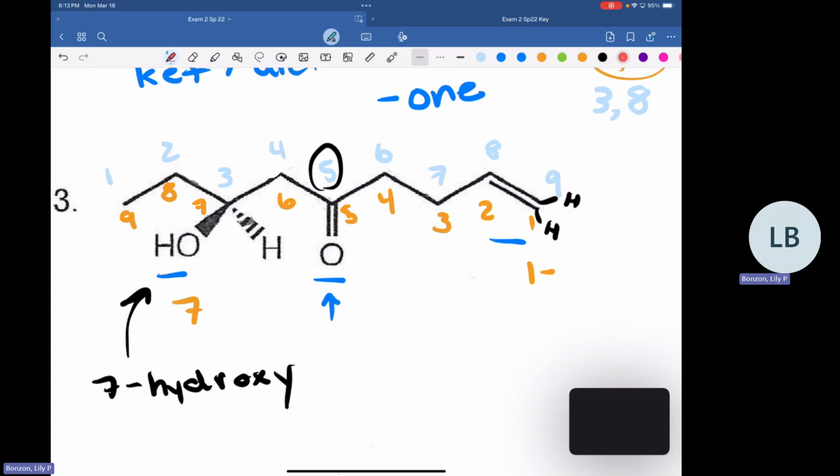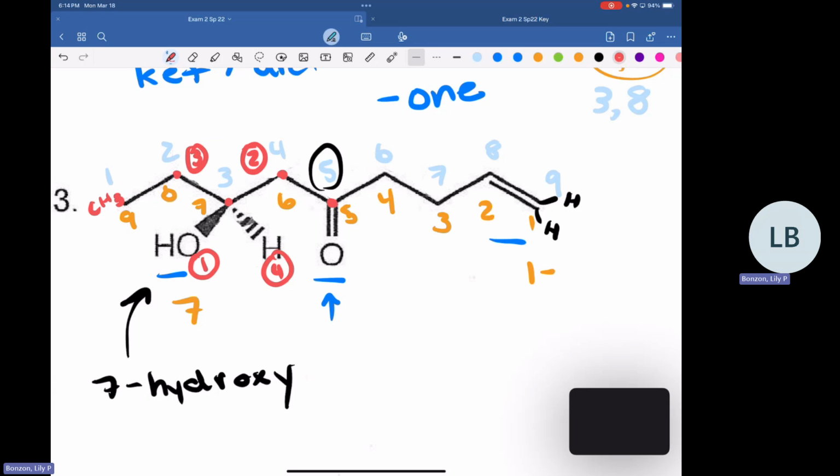And so with our wedges and dashes, since this is a chiral carbon, we're going to do our RNS nomenclature. So remember, the highest priority gets the number 1, lowest priority is going to get number 4. And then going to the left, and to the right, actually, we have the same group here. These are both CH2s. So we're just going to move on to the next carbon. On the left, we have a CH3. On the right, we have this carbon that's connected to the ketone. So the higher priority is going to be on the right. So that's going to be 2. Going to the left is going to be 3.